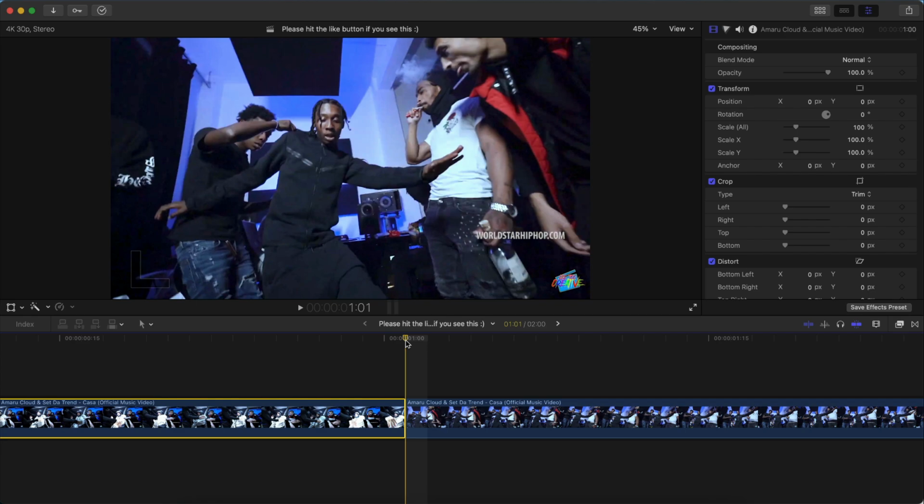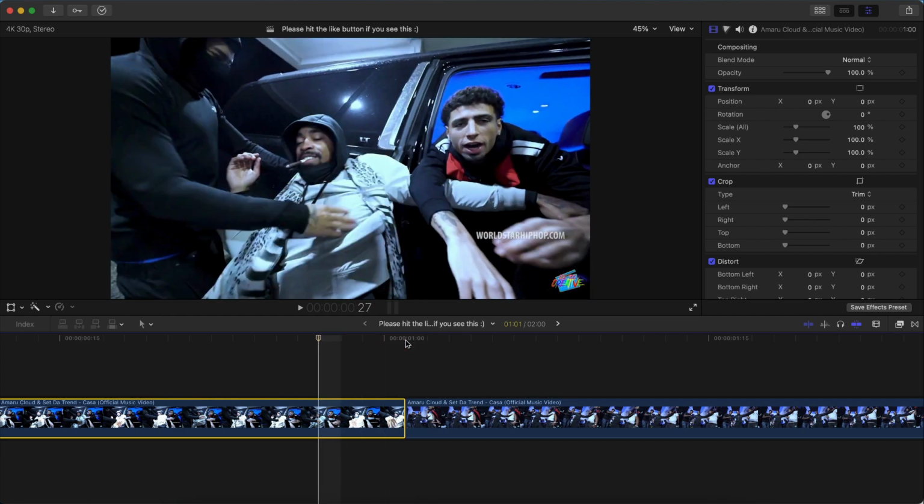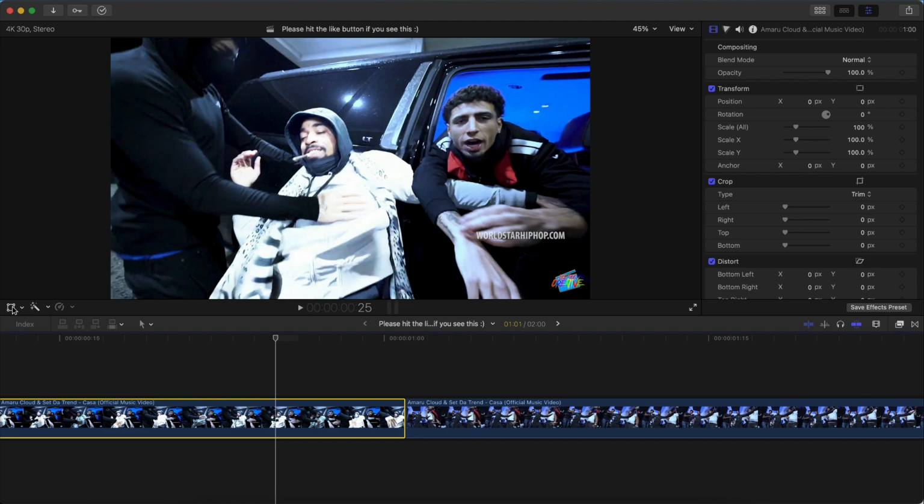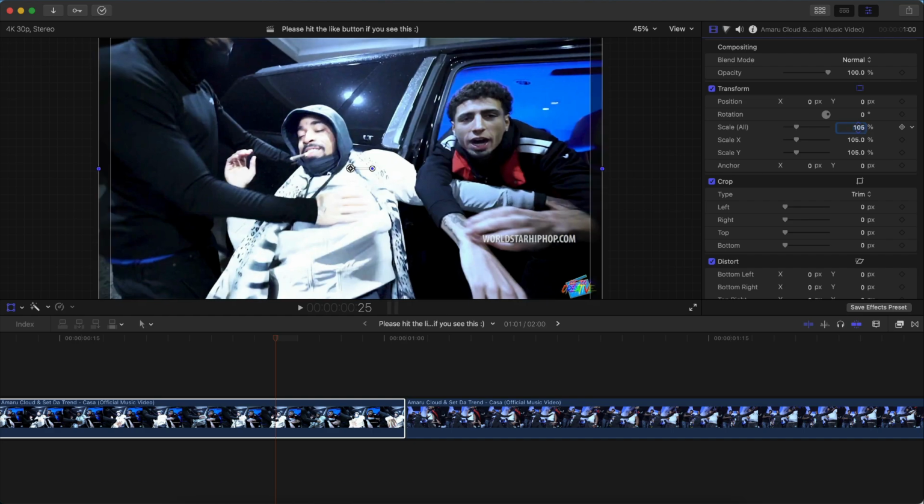And we're going to go 6 frames to the left. So go 1, 2, 3, 4, 5, 6. On the 6th frame, we're going to go to the transform tool. We're first going to scale this up. So go next to scale all, go to 105%. Go to the plus button here to add a new keyframe, and then you're going to go 1 frame to the